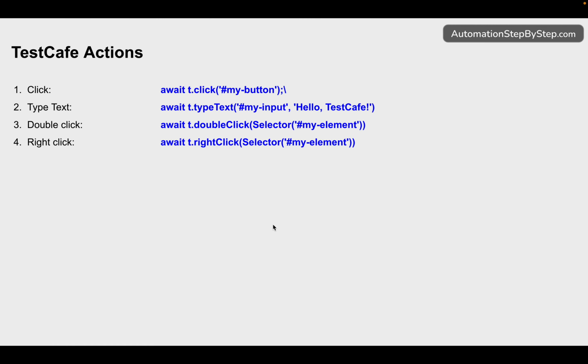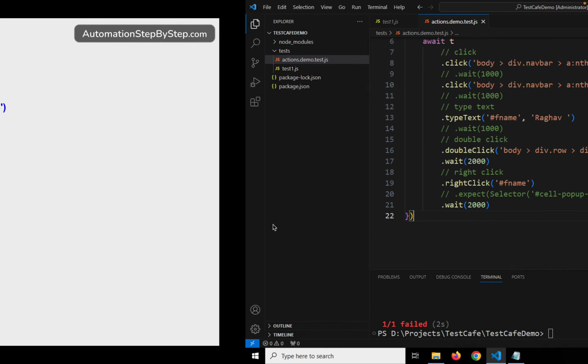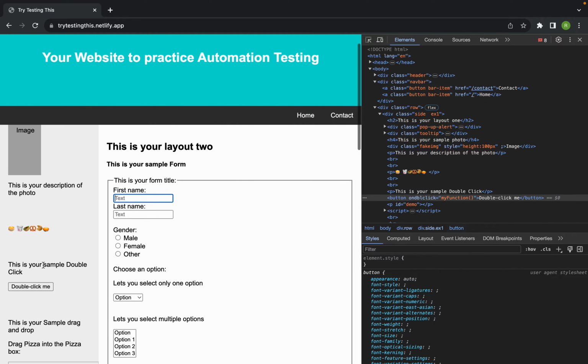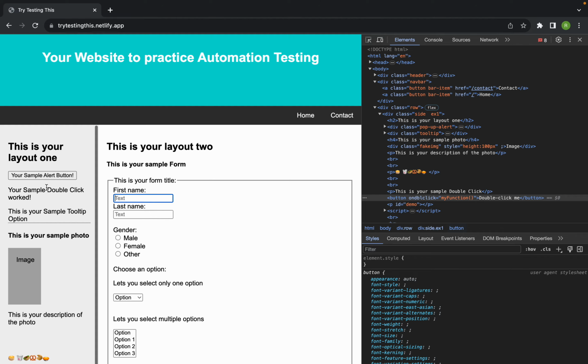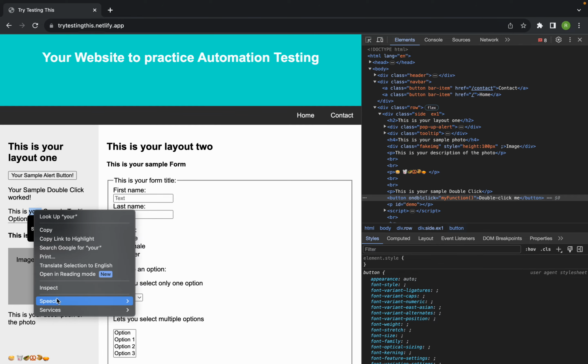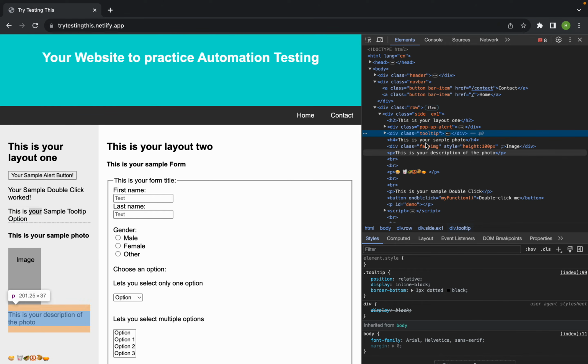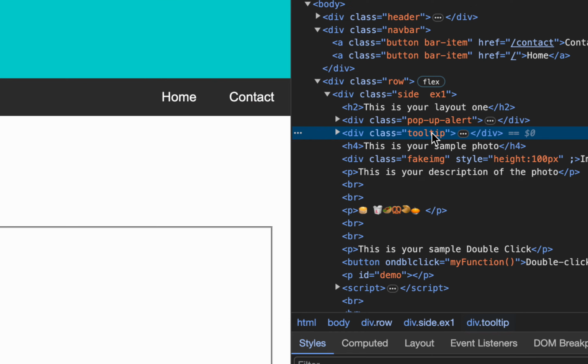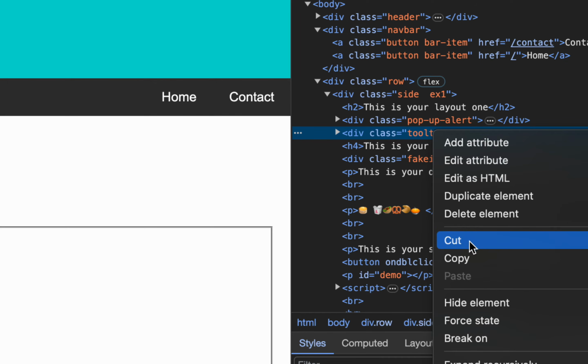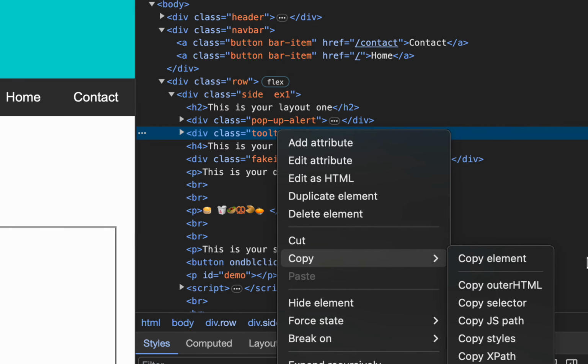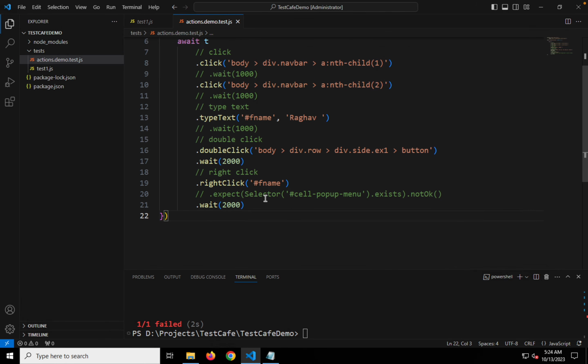Okay, then we have the hover action, which is t.hover or .hover, and you can see here, if I hover over here, it says this is your sample tooltip. So let me take the selector from here. This is the tooltip, and again I will have to do a right click here and copy the selector option, selector value, and then I will say here